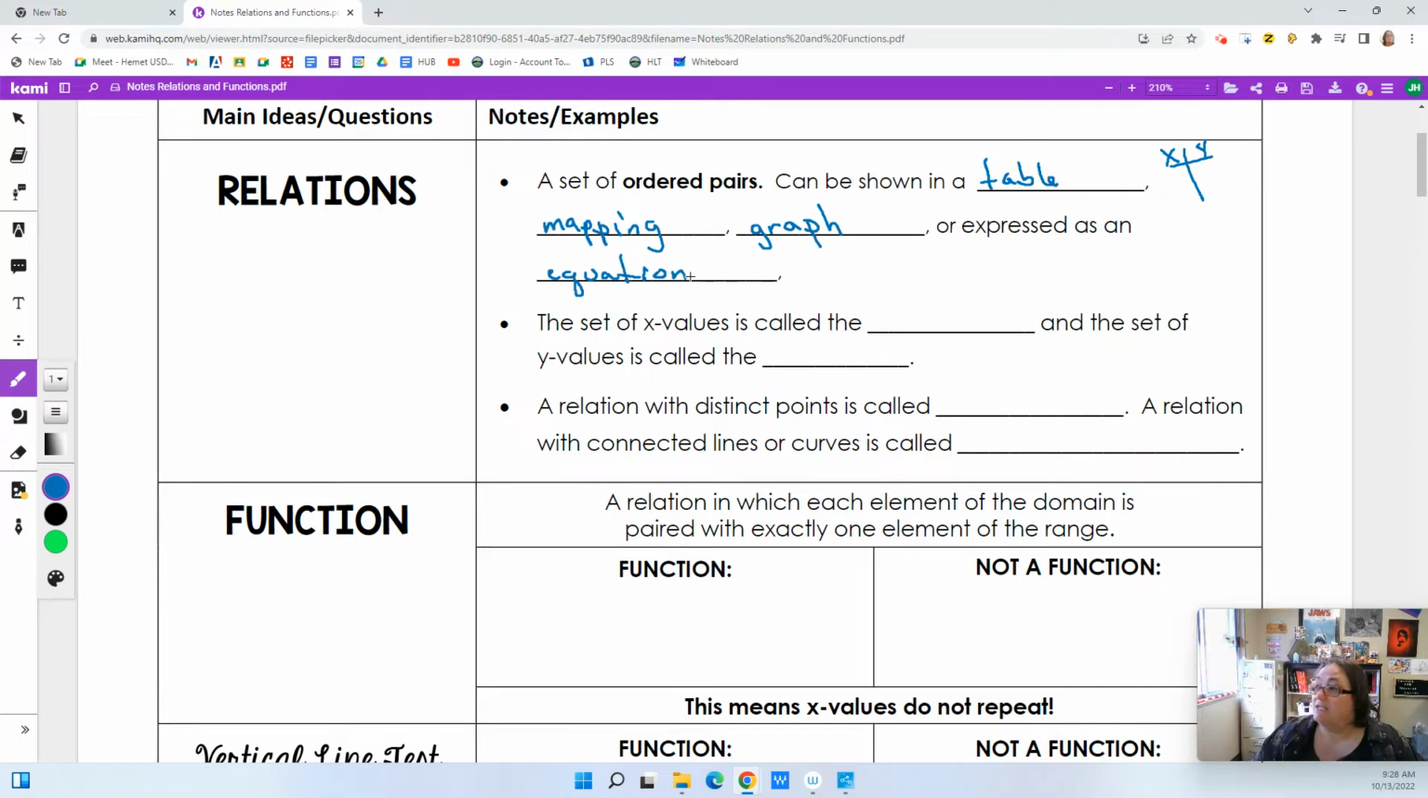In a relation, the set of X values, those are our inputs, are called the domain, right? Anything that X can be